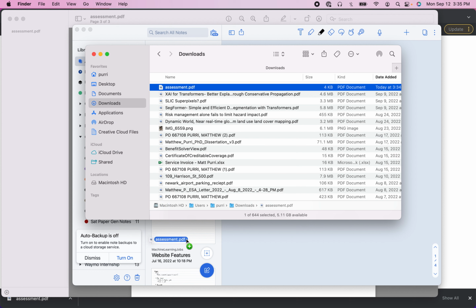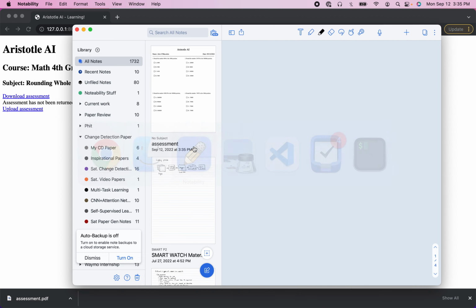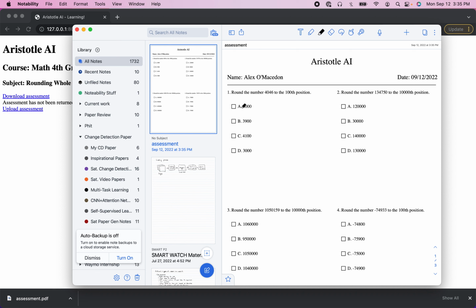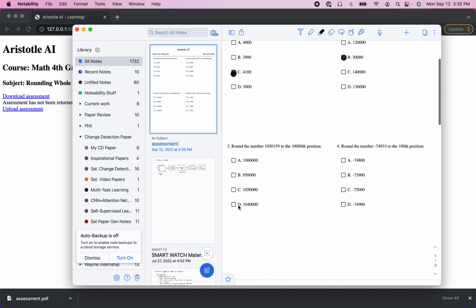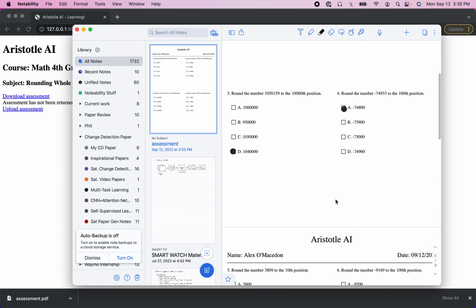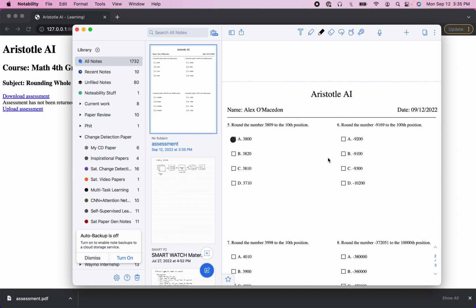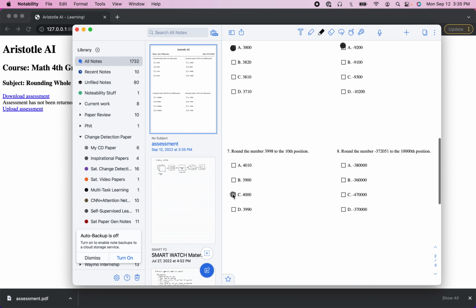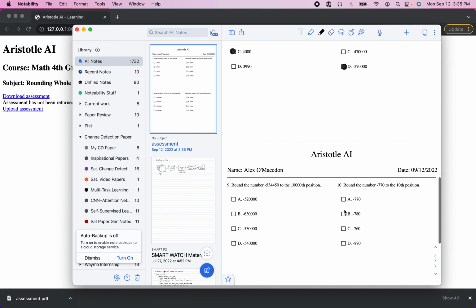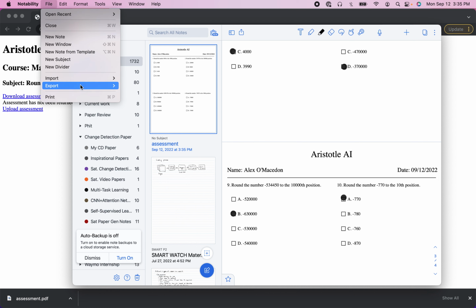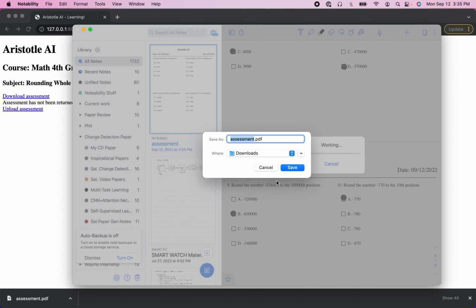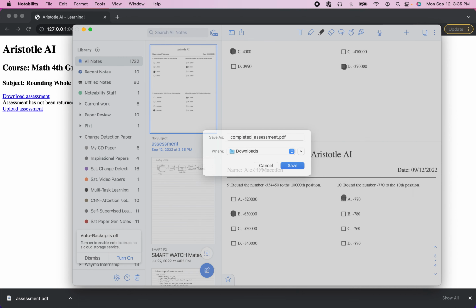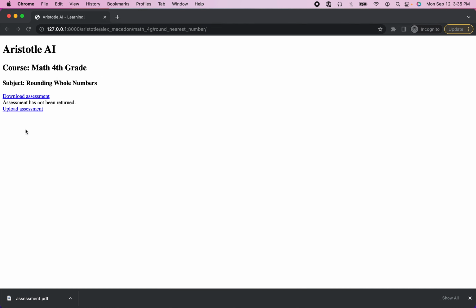We can upload it to a tool, which is not our tool, to simulate what a student would do to complete this. We'll just randomly put some answers in. We don't care how well we do. But all the questions are filled out here, and then we'll export it. This is just simulating a completed assessment. What a student would do after they've completed it is take a picture or something and